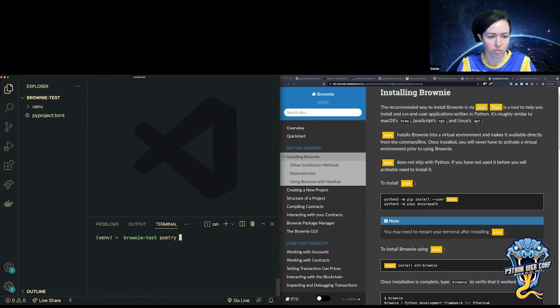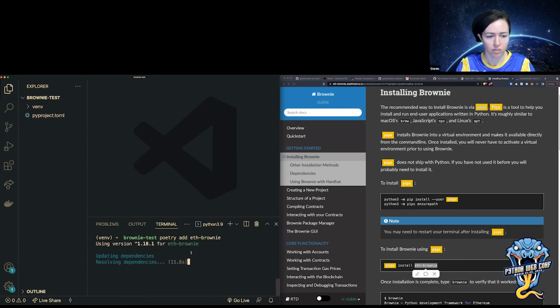And I can do poetry add, let me see, I think it's eth-brownie. Yeah. I should copy instead of typing out packages. Okay, so that has to install. And once that installs, I'll be able to initialize a new project.